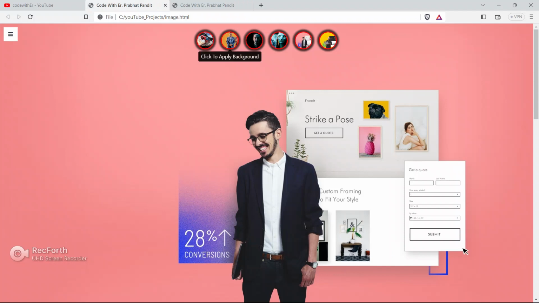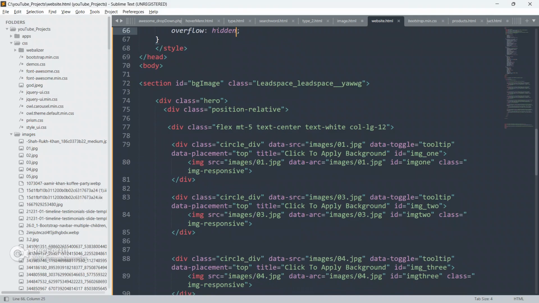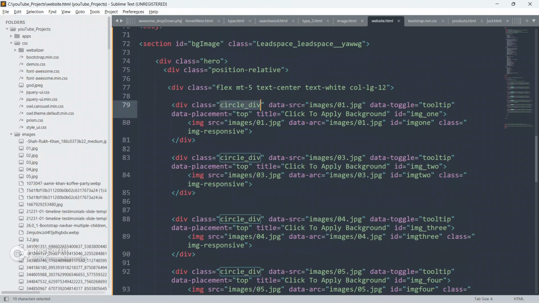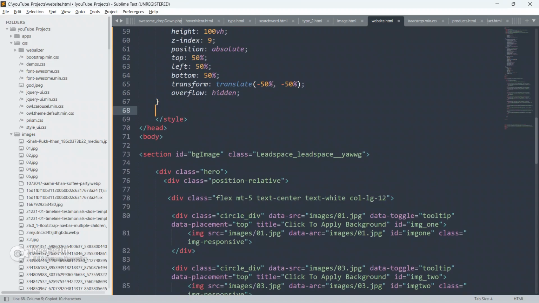Okay, so now we are gonna create this circle, guys. As you can see, there are 6 circles. Now we are gonna create these circles.